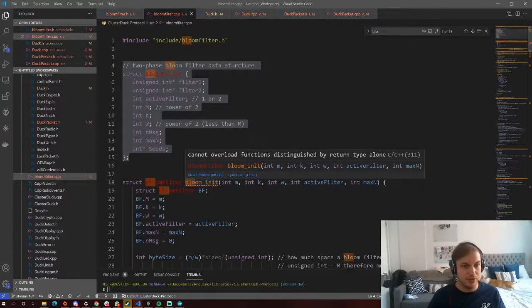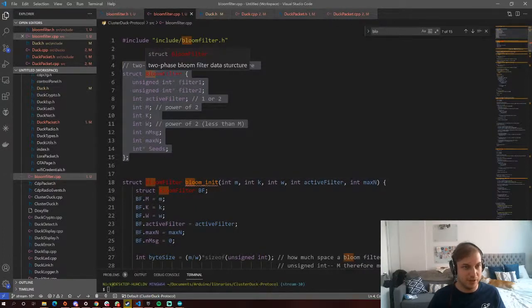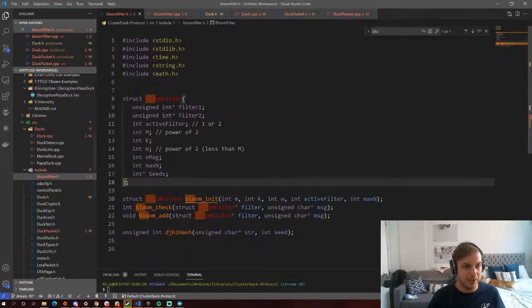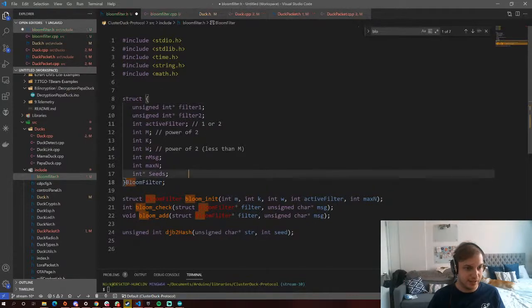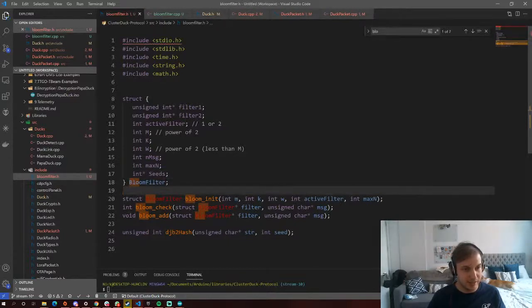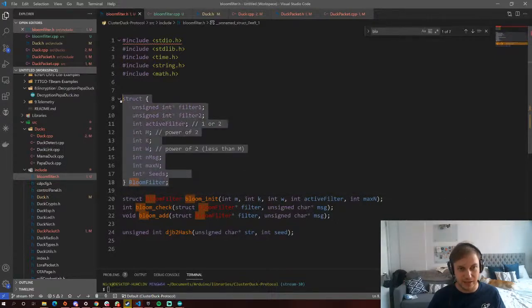So here's part of the problem. You have struct bloom filter, but before, when I hover over bloom filter down here, it says this is unnamed. Struct unnamed. I don't know, this is really strange. Did I not declare it here? Wait, I may have been declaring this wrong in the